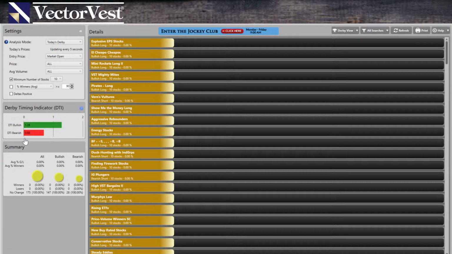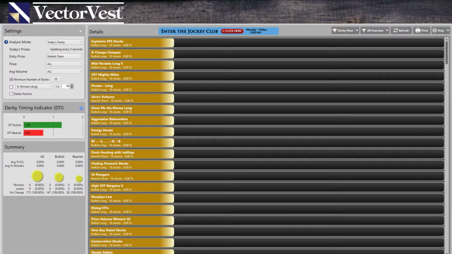Now, down below that on the Derby timing indicator, that is cast on our VectorVest scale between 0 and 2, where above 1 is favorable and below 1 is unfavorable. The DTI bullish looks at all of the different variations of price and volume. It looks at what all of the major indices are doing to put it into one indicator. So when I look at the DTI bullish and the DTI bearish, I've got a good feeling of direction of the market's move. On that scale between 0 and 2, above 1 is favorable, below 1 is unfavorable, but the